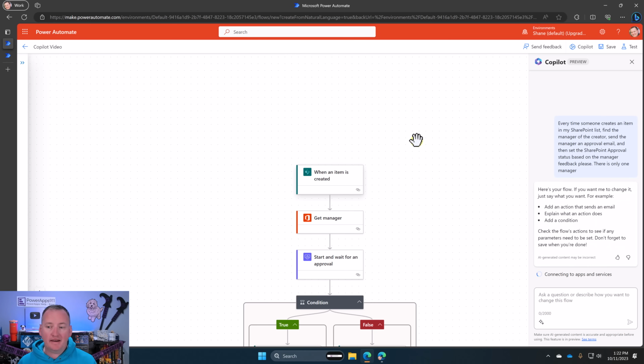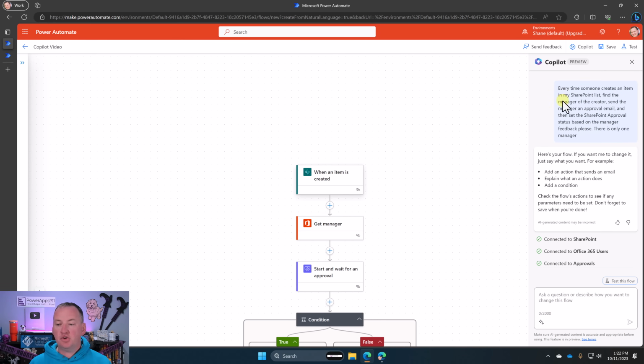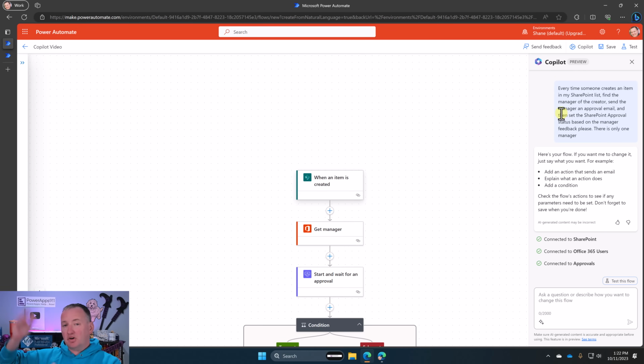Now, I went back into edit here. Notice when we come back into edit, a couple of things. The most important one I want you to notice is over here in Copilot, it doesn't have our conversation. It doesn't have that formula we wrote. It doesn't have any of the previous context. It only keeps your initial prompt, not all the other ones. So that's a good thing and a bad thing. For me, it's a